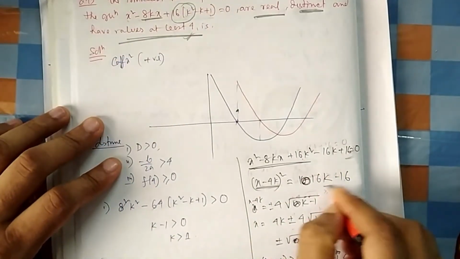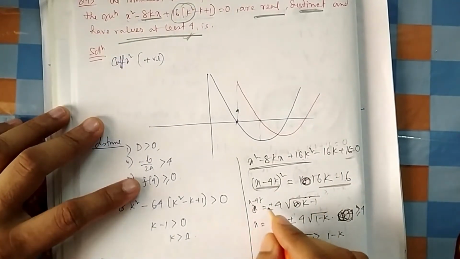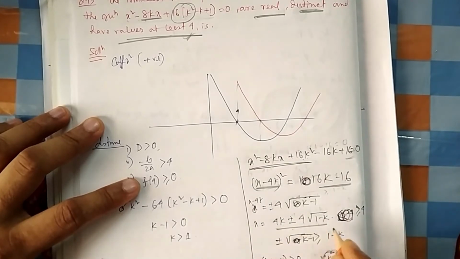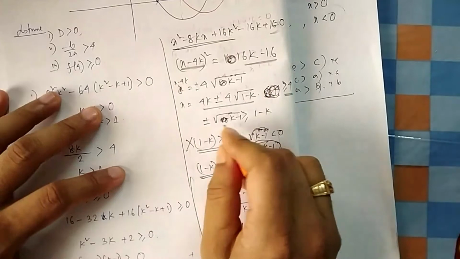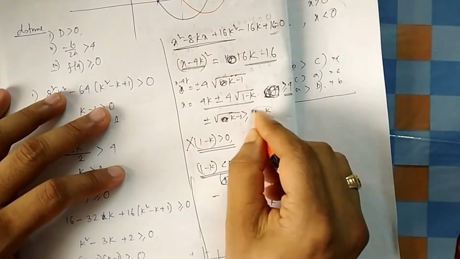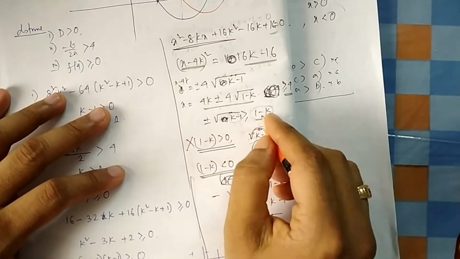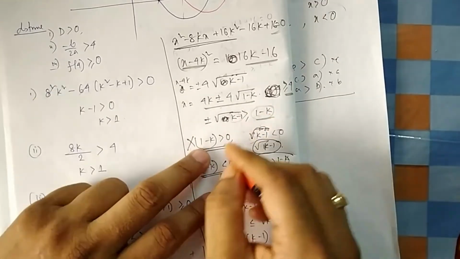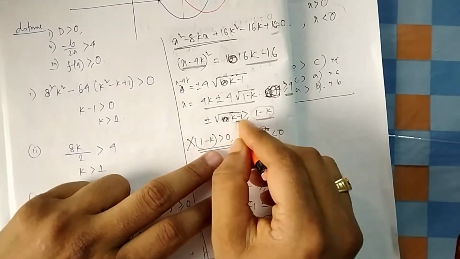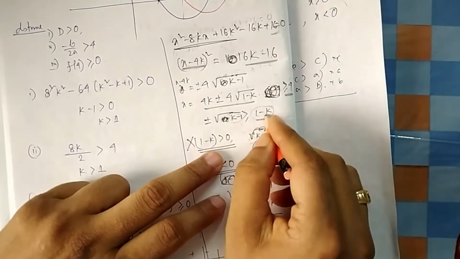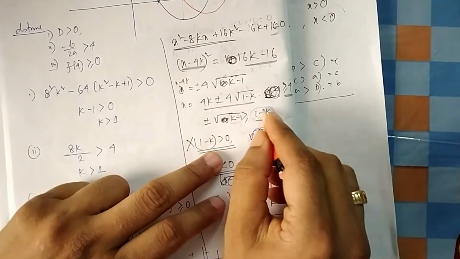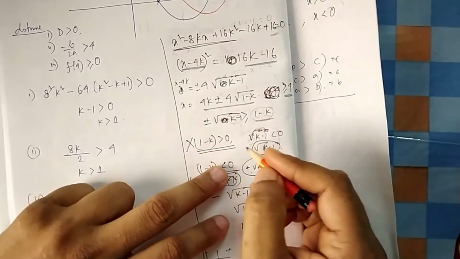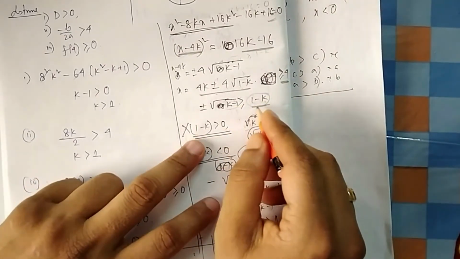Now if you take that side, it becomes this. If you calculate, x becomes this. So this should be greater than or equal to 4. Now if you take this plus minus, one is 1 minus k and one is k minus 1. Now I have to think, because these two are reverse. See, it is not root x, it is root minus x. So I have to think whether x is positive or negative. That's what the trick is here.